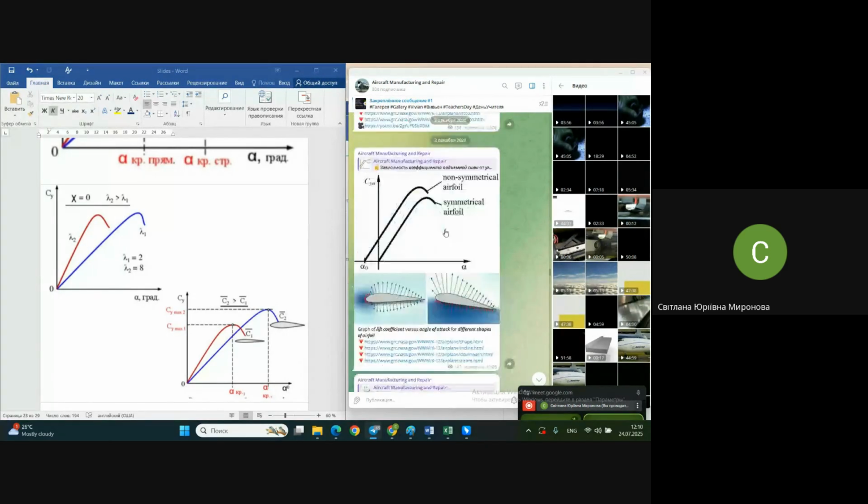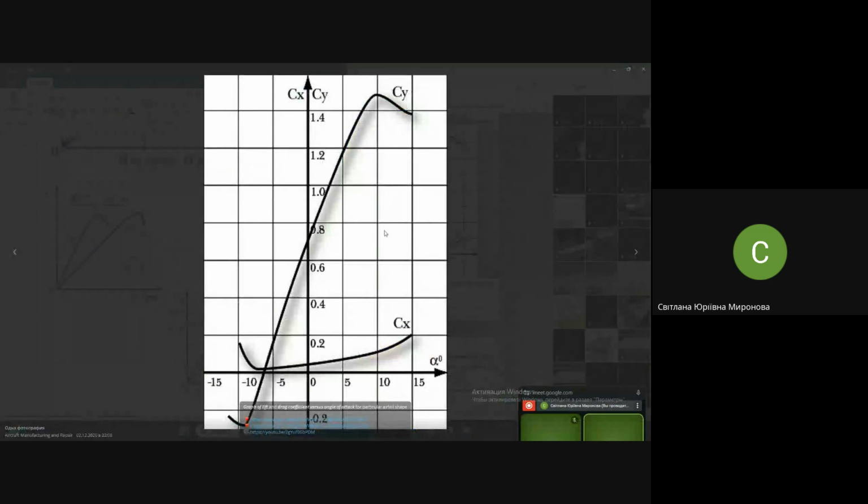As I hope you understood, lift and drag are non-linear dependencies, and moreover, they change significantly with angle of attack, with speed, at least drag, and depend on the shape of the airplane. And it's actually a rather difficult task to find how to select the most efficient